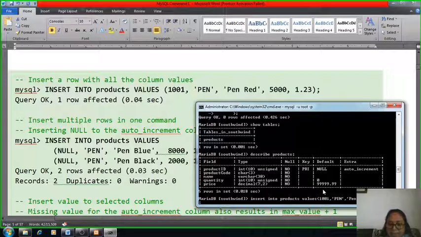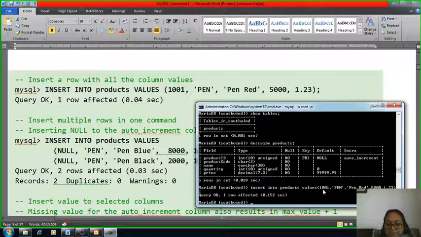Then the semicolon is important, because it means we have completed our command. What message is displayed here? One row affected. One row affected means one row of data is inserted. We can check whether the data is inserted properly inside the table or not.